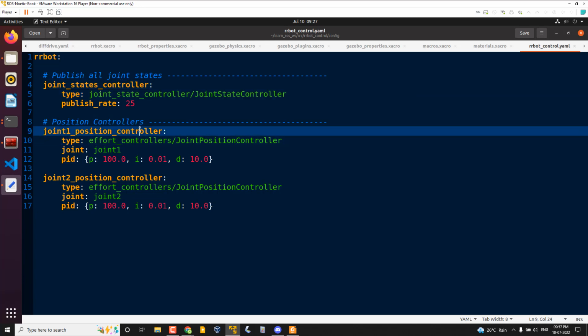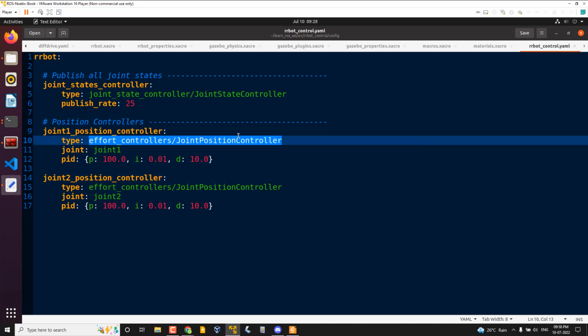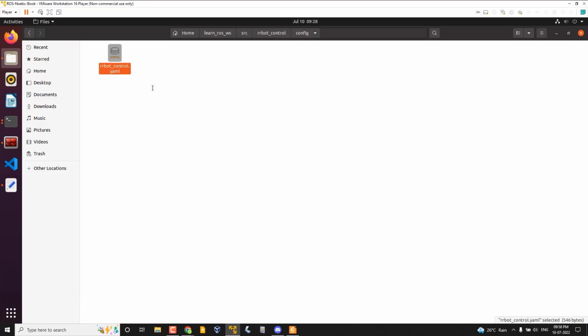This thing also you can write, these names. But this should be exactly the same, otherwise it will show an error. So while launching the RR board